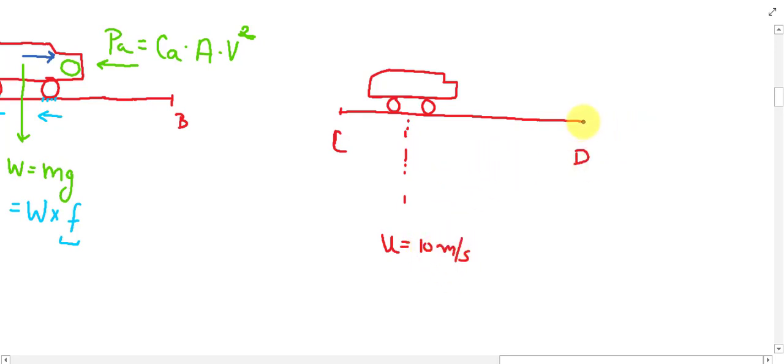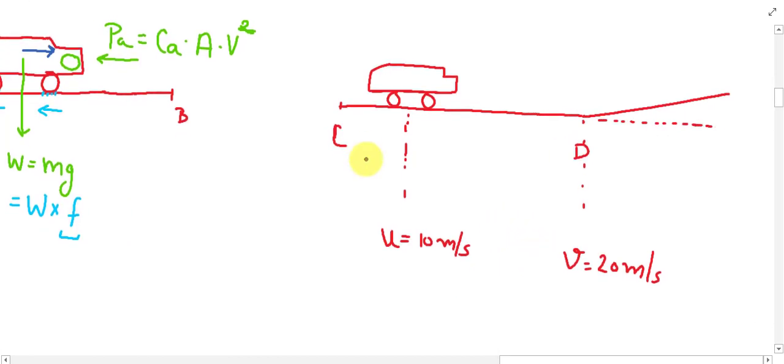But after point D, there is some longitudinal gradient in the pavement, due to which he wants to increase his speed to 20 meter per second. At point D, the speed of the vehicle will be 20 meter per second. So there is extra work done by the engine of the vehicle, which is known as acceleration